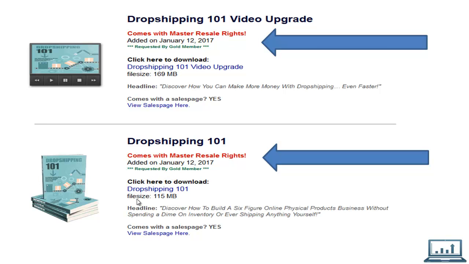This one right here is the front end. I believe this is just the report. This comes with the downloadable video upgrade right here. And these are part of my membership. So I already have a product that I can grab, Drop Shipping 101, and I can go ahead and add that and create a sellable dashboard software product and do the same exact funnel that I've done in the past.